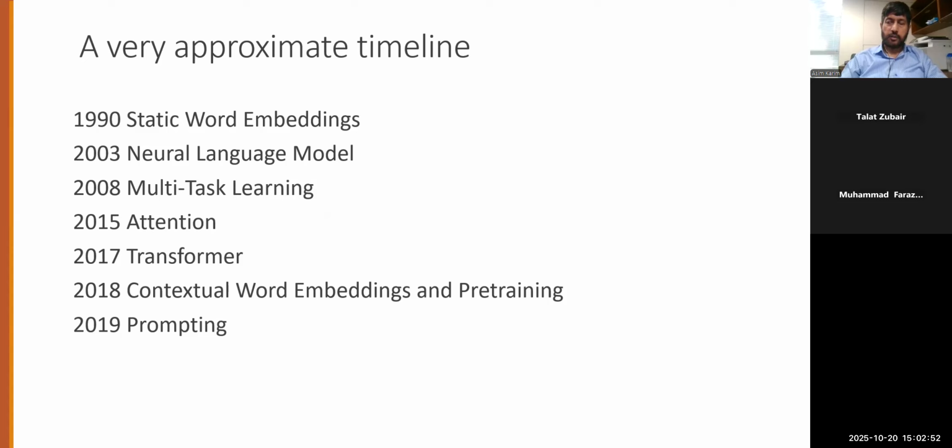So the idea of attention was first used in 2015 in the context of recurrent neural networks. ठीक है? So 2015 में recurrent neural networks में attention propose किया गया था, but then it was moved into a kind of a feed-forward approach in 2017 to form the transformer. ठीक है?